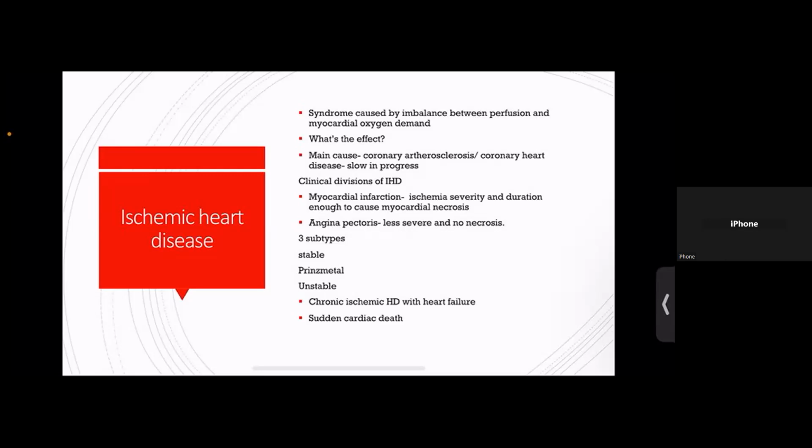What is the main cause of ischemic heart disease? What is going to cause this ischemia? What is going to happen that is going to lead to this myocardium failing to get perfused adequately? So the main cause is coronary atherosclerosis. Remember the blood supply to the heart. The blood supply to the heart is usually from the outside towards the inside. So if you are going to have hypoperfusion, the inner part, that is the lumen of the ventricles, is most likely not going to be affected, because as the blood is emptying into the